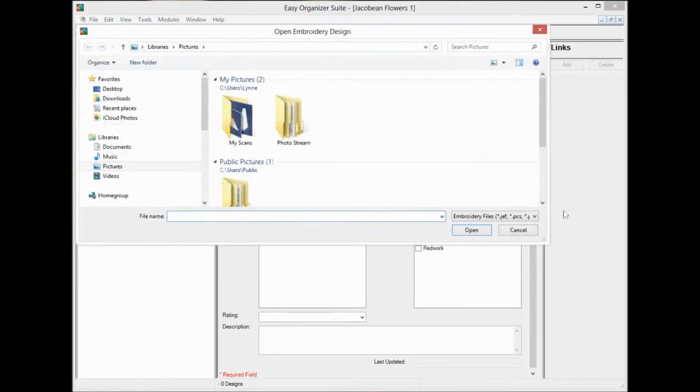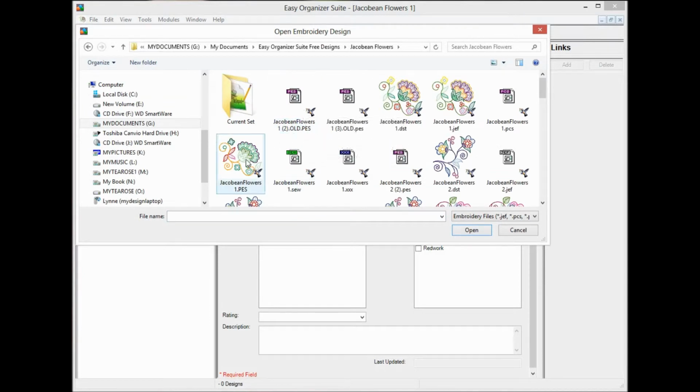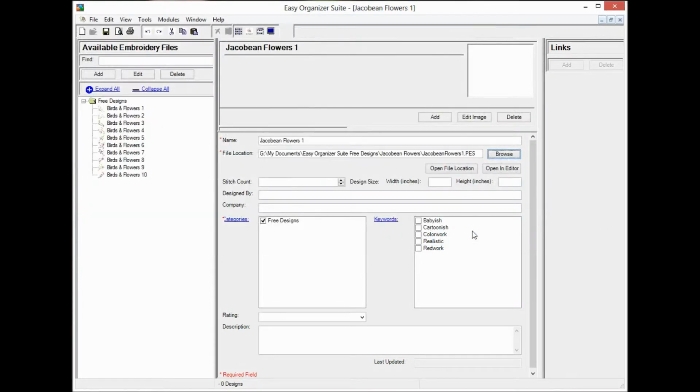Click on the Browse button and navigate to the location where you downloaded the Jacoby and Flowers 1 free embroidery design from the Easy Organizer Suite website. Click on the Open button to insert the file location in the embroidery file chart. You can click on the Open File Location button to open a Windows Explorer to the location where the embroidery file is located. You can also click on the Open in Editor button to open the embroidery file in the